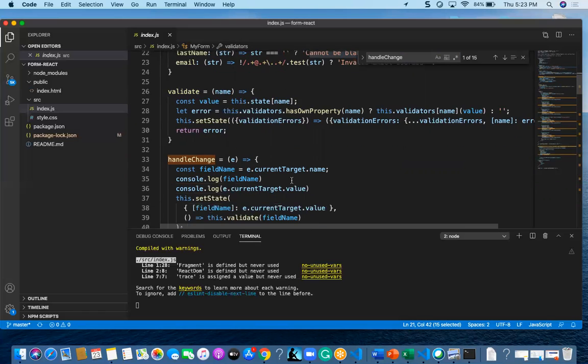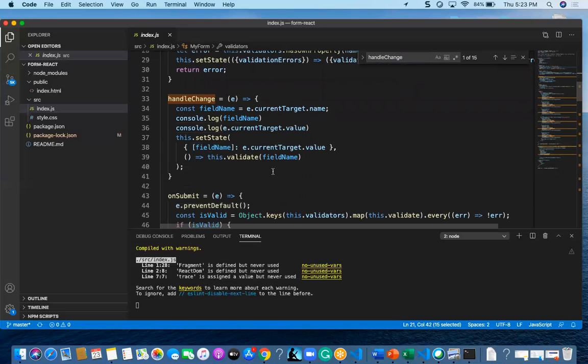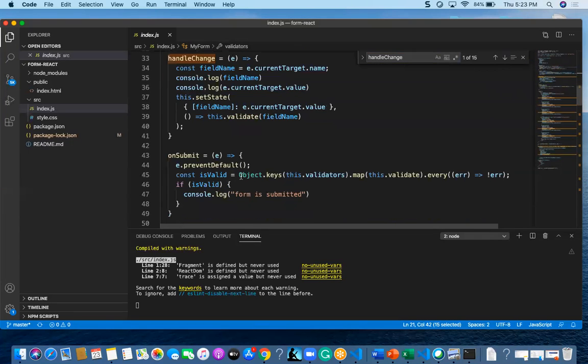So the state of the errors depends upon handleChange: whatever value we enter, it will determine whether the values are valid or not. So this handleChange is taking the decision.